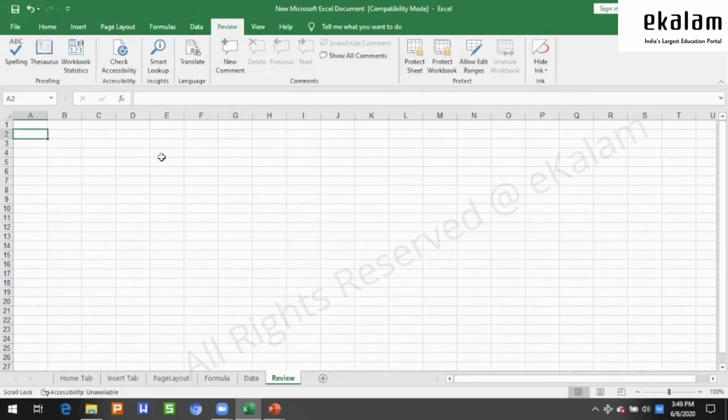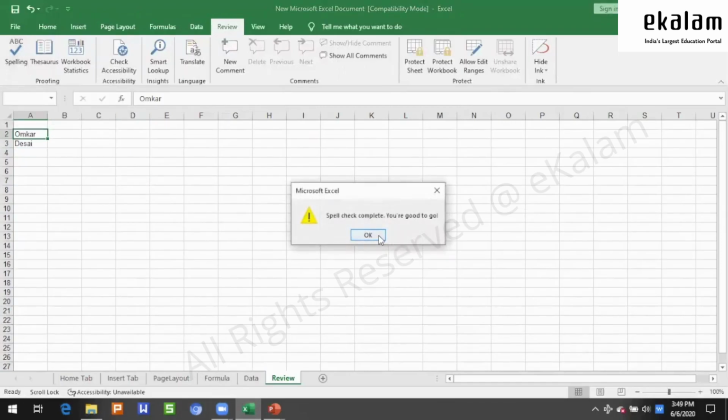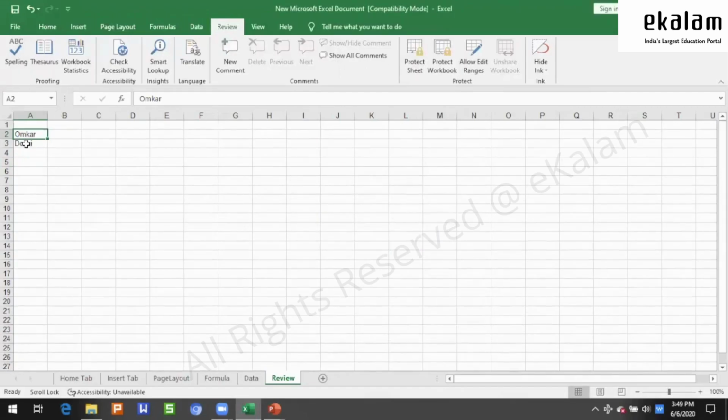So let's say I'm writing my name here. The first option is spelling. It will check if we have any spelling mistakes or not. I just clicked on spelling and it says spell check complete, you're good to go. So if we have any mistakes in it,